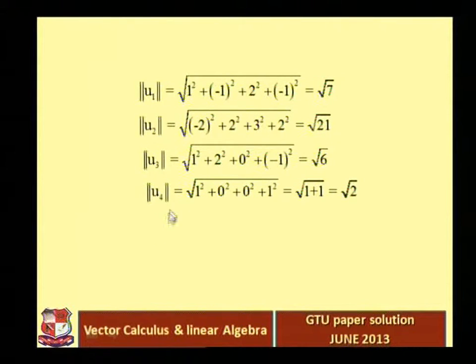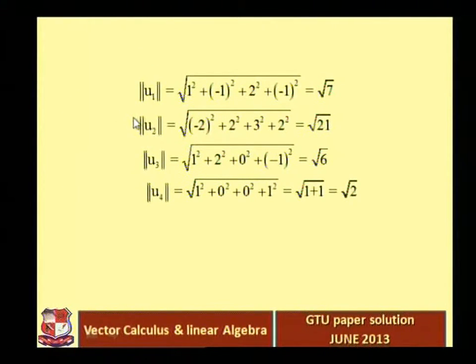Norm u4, u4 is (1, 0, 0, 1). So norm u4 is under root 1 square plus 0 square plus 0 square plus 1 square, that is equal to under root 1 plus 1, that is equal to under root 2. So now